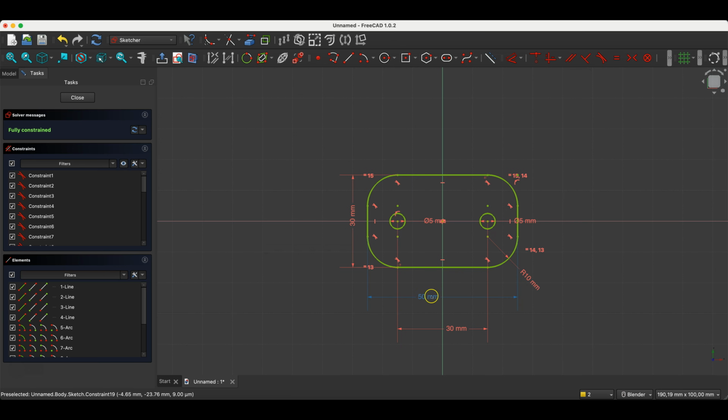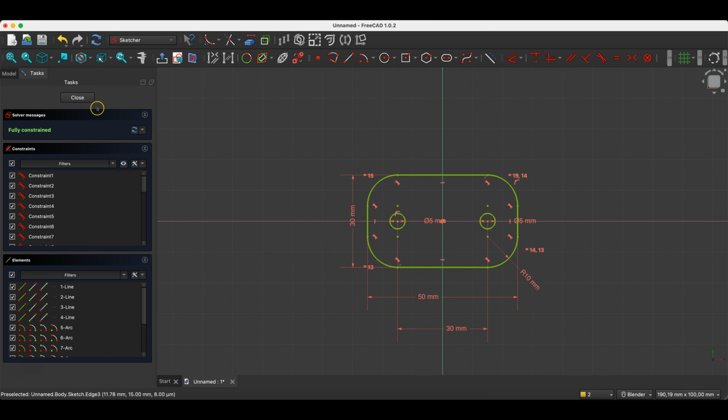FreeCAD is a parametric 3D CAD system, and here we work on features and parameters. At any stage of 3D modeling, we can go back to a previous operation and change selected parameters. If the whole geometry, the whole model is described by parameters, in this case the parameters are dimensions, then later, if we need to make changes, we just need to change the selected parameter. I will show you this in a moment, but now I will show you how to create a 3D model